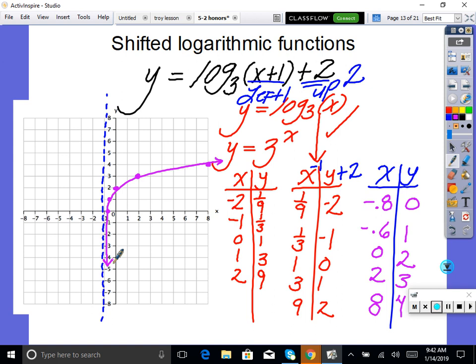Sweet. Now if I asked you the domain, it would be very easy to say -1 to infinity. True? And my range is -infinity to infinity. Okay, awesome. You guys are doing great. We're almost done here. Okay, let's look at what I call,